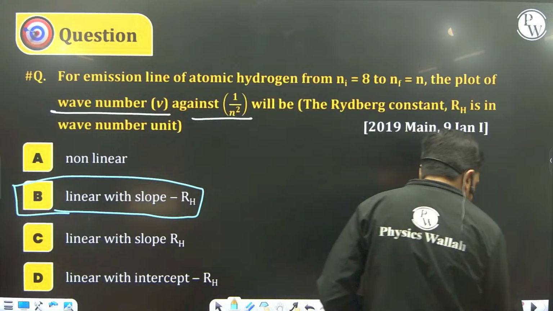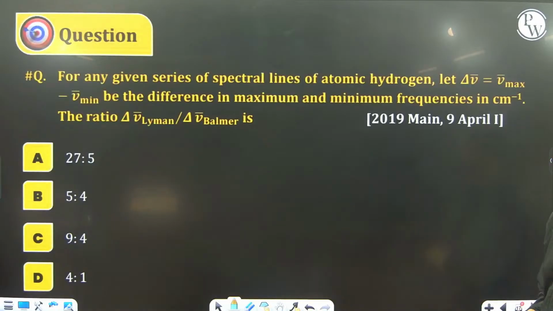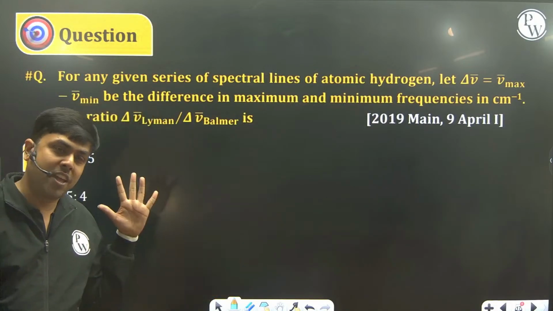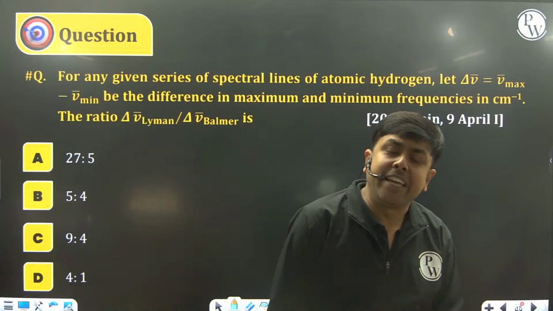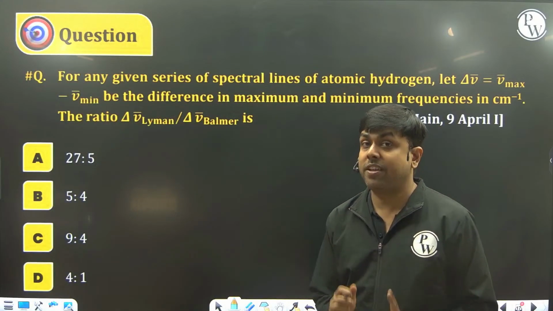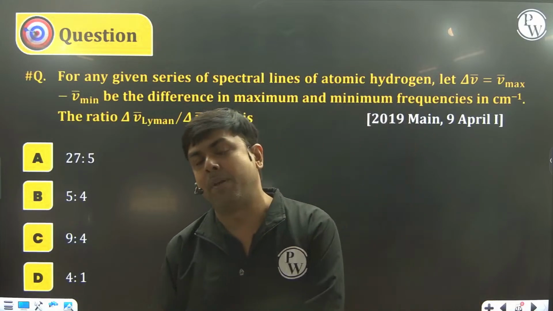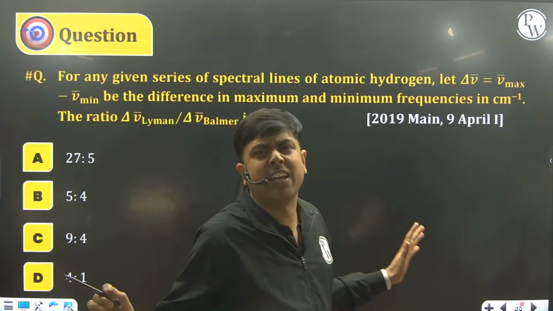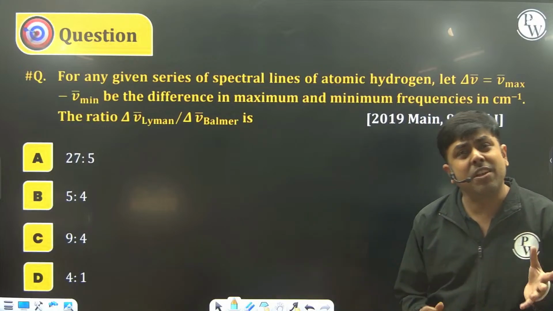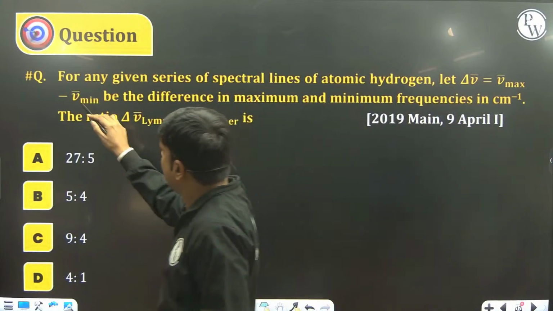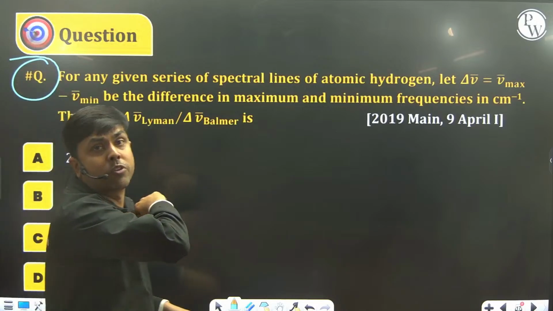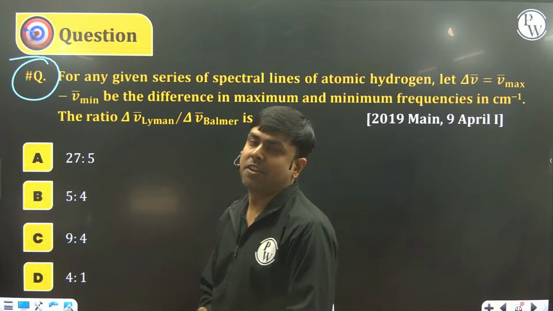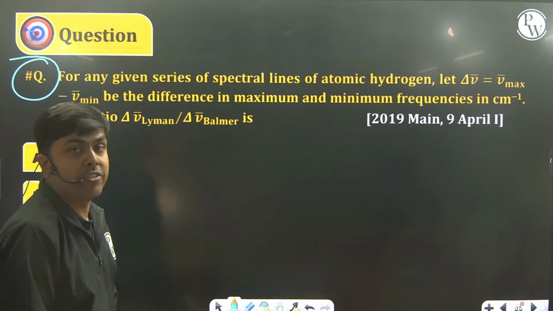Now, once again, a typical question, or most frequent question, which has been asked repeatedly in JEE papers. Whenever I say JEE paper, it means previous IIT papers as well as JEE Mains papers. Such questions have been repeatedly asked: Lyman lines, Balmer lines, and all these things. So a very, very important one for all the students, whether you are going to write your medical exam, your engineering entrance exam, or next year's entrance exams. So this particular question is really important.